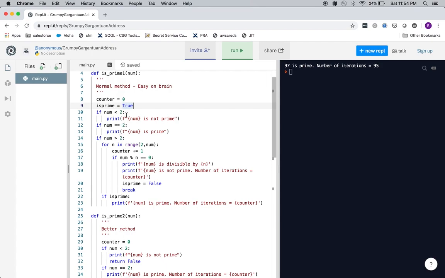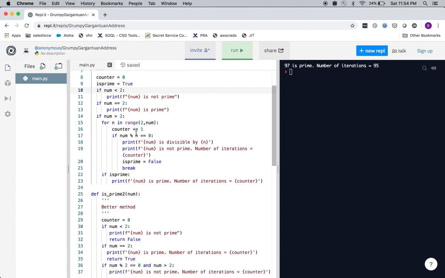If the number is less than 2, we know that 0 and 1 are not prime, so we just do that right away. If the number is equal to 2, we know that that's an even prime number, and that's the only even prime number, and we print that right away. If it's greater than 2, then we